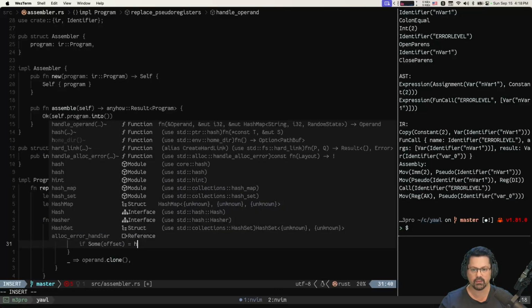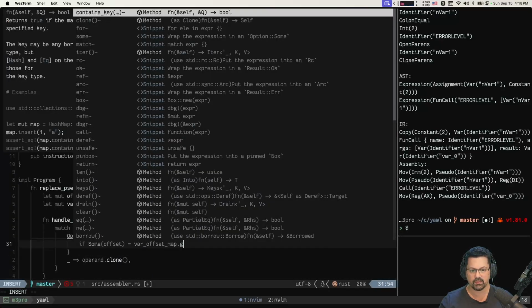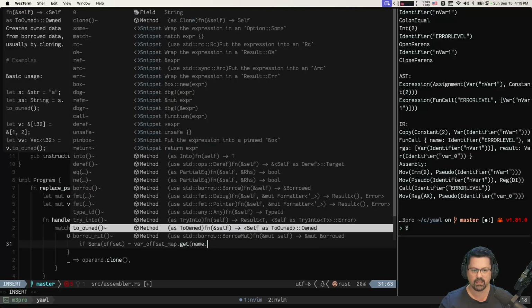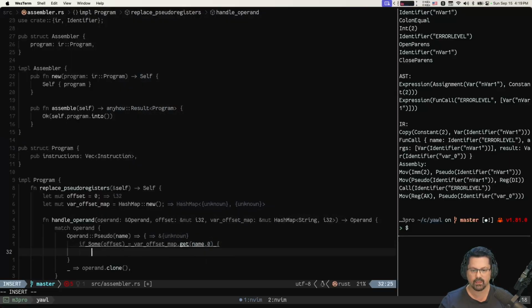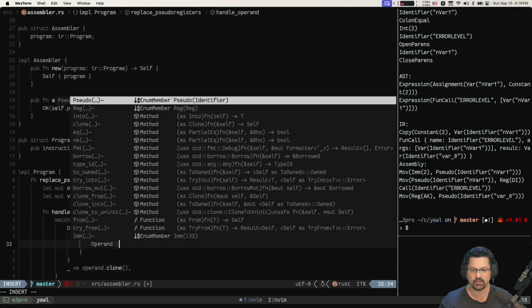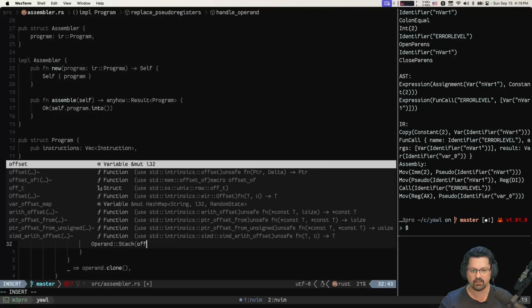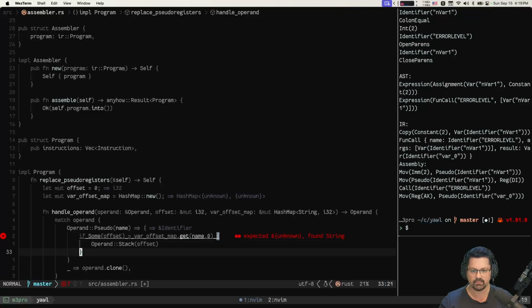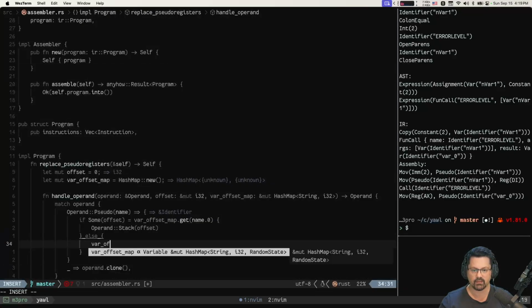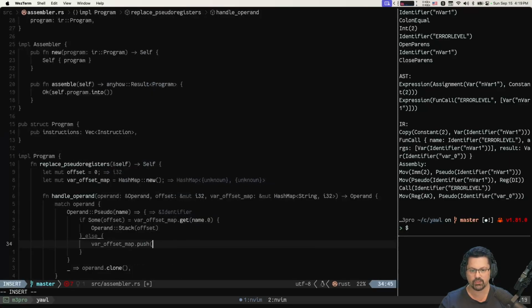So we're going to do var offset map dot get the name. It's going to be name.0. And if we have it, we're going to return operand stack offset like this. Otherwise, we're going to insert that into the var offset map, not push, insert